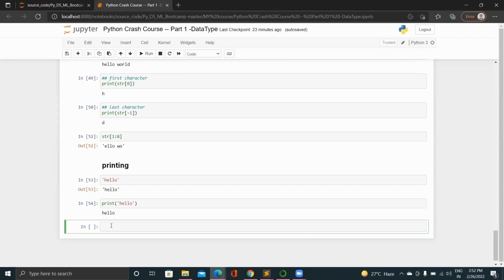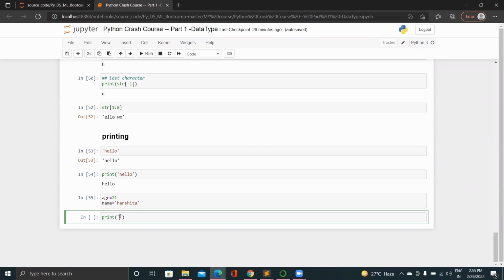We also pass variables which have values in the print function with the help of format function. Let's see. Like pass a variable age and set up name variable with a string. Now use print function and format function like this. My age is